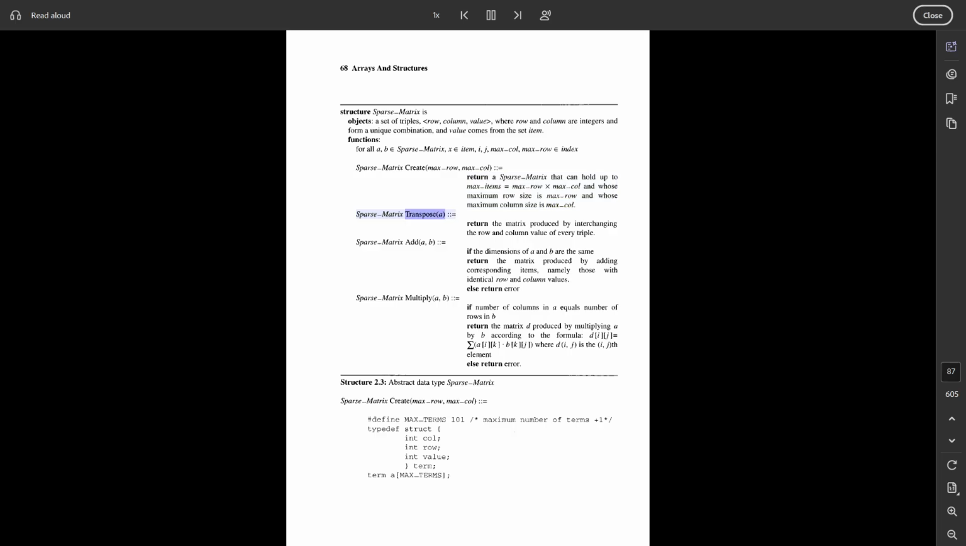SparseMatrix Transpose(a) ::= return the matrix produced by interchanging the row and column value of every triple. SparseMatrix Add(a, b) ::= if the dimensions of a and b are the same, return the matrix produced by adding corresponding items, namely those with identical row and column values; else return error. SparseMatrix Multiply(a, b)